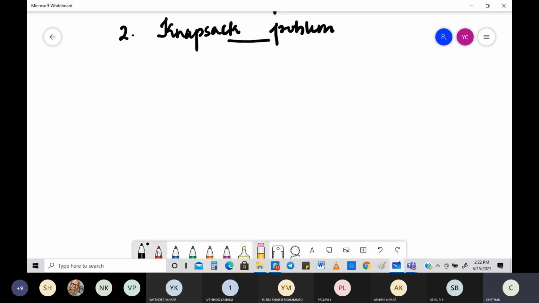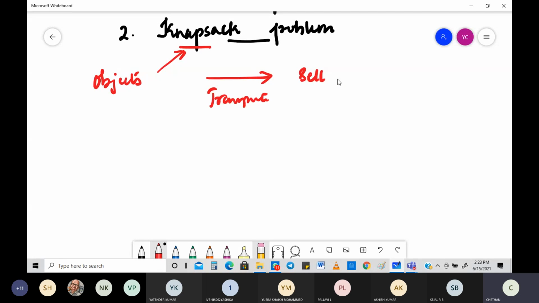Okay, so I'm going to talk about key terminologies right here. There are objects which you need to put in a bag. What bag? It's called a knapsack. Knapsack is like the jute bag which you would have seen maybe when you go to your grandmother, grandfather's house. There are objects that you need to put in the knapsack, and that needs to be transported somewhere. That's very important. After transporting it, you have to sell it. When you sell it, you get what is known as a profit.